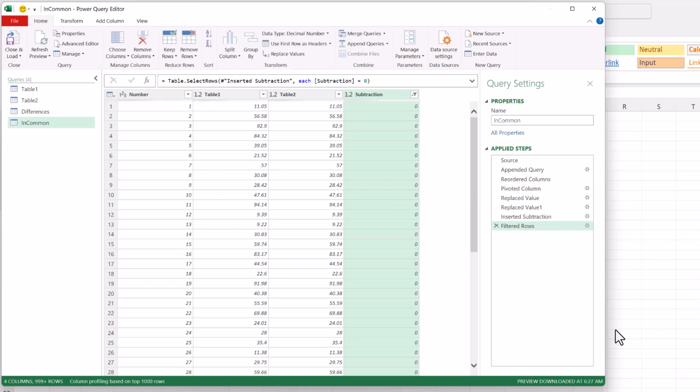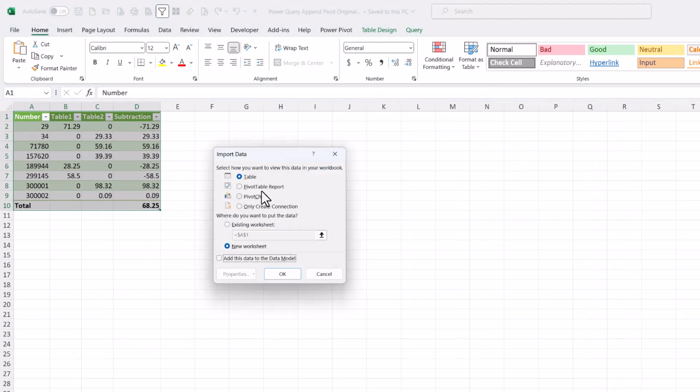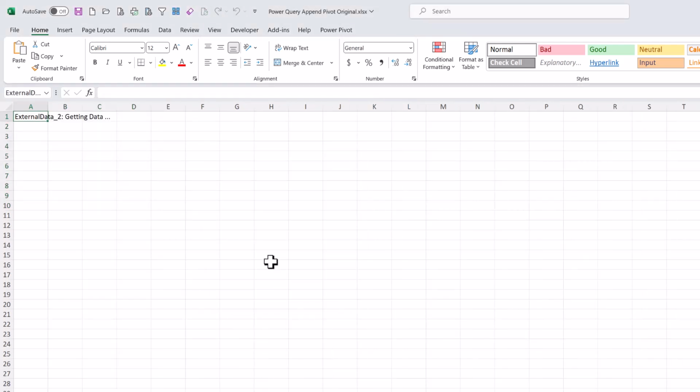Okay, so now we have 4 queries. We have where we've taken table 1, we've loaded table 2, we've created our differences, which we've already returned to Excel and figured out the reconciliation. So now our 4th query here in the data model is in common. So I'm going to take this one, close and load to. This one can go back to a table on a new worksheet also. The sheet's going to automatically be named in common, just like the sheet was automatically named differences when we returned